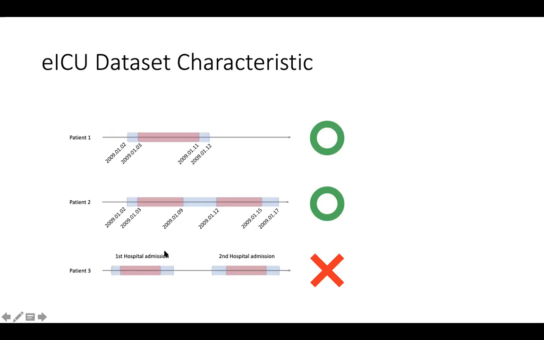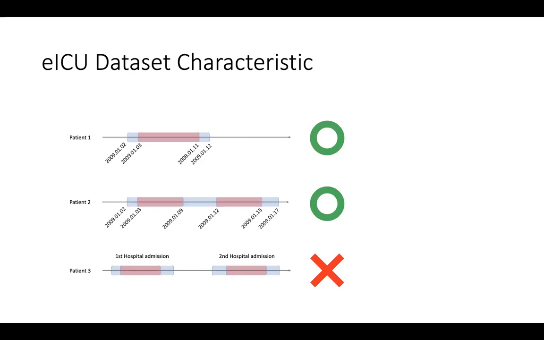But we need to be able to reconstruct this record in order to do hospital readmission prediction. So which means that using EICU, we can't do hospital readmission prediction, but using EICU, we can do ICU readmission prediction. So using both datasets, we can do